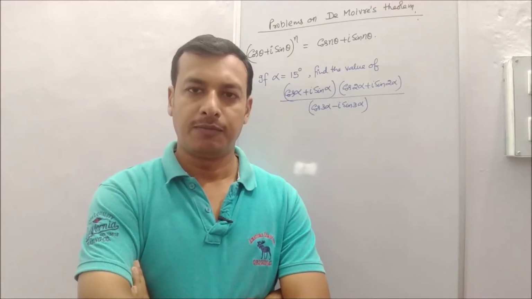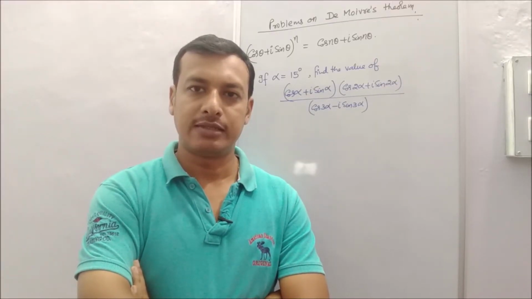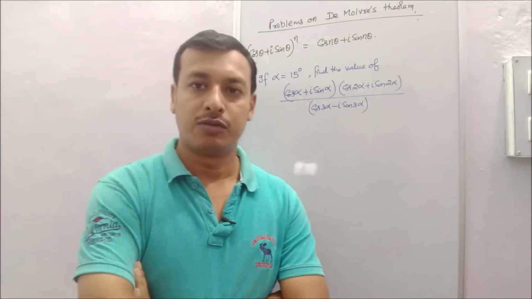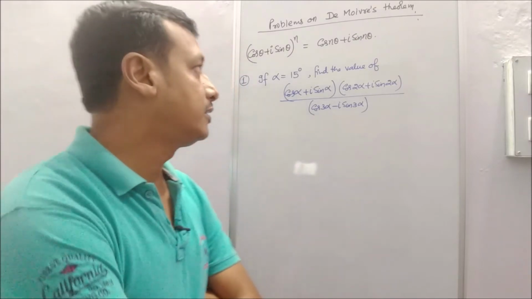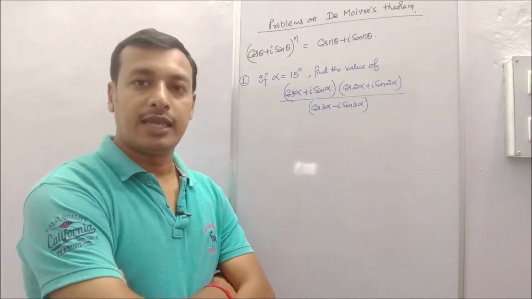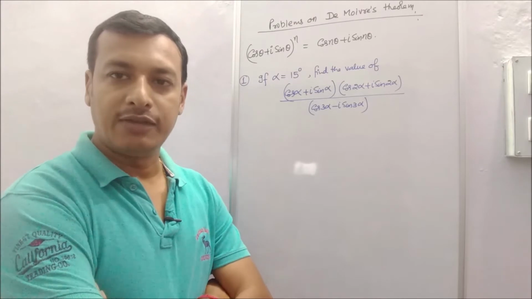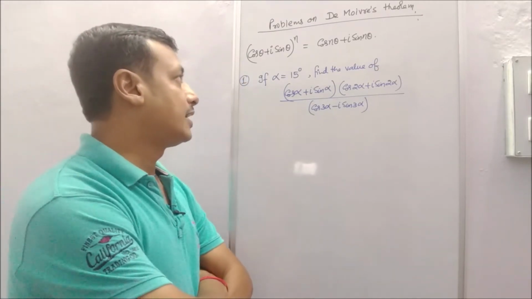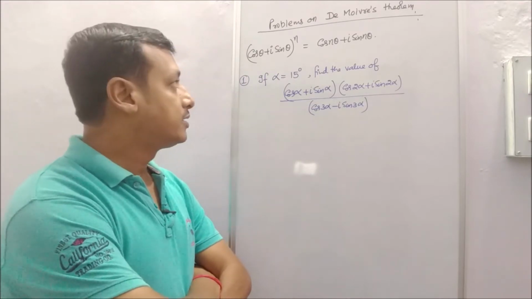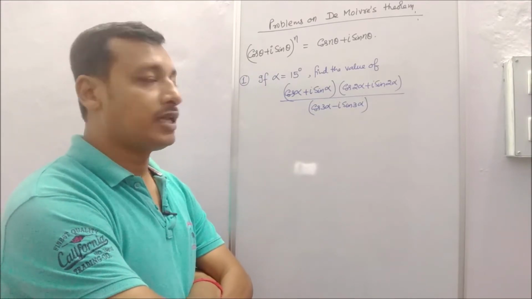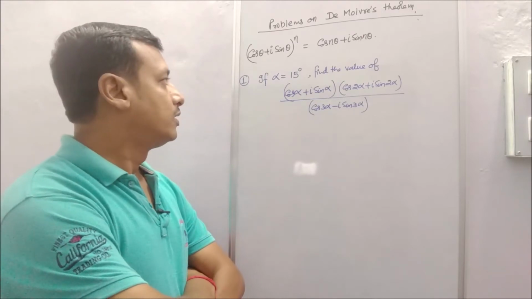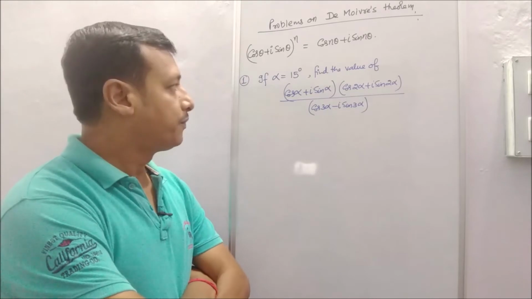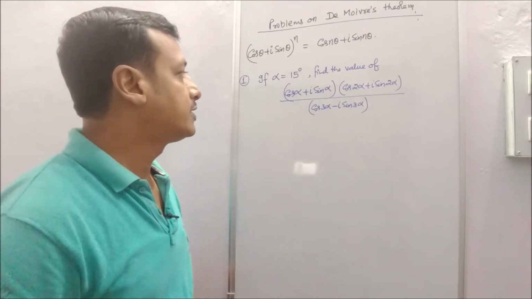So today's video we are going to discuss some of the problems of de Moivre's theorem. In the last class we have discussed that if n is any positive or negative integer or fraction, then (cos theta plus I sin theta) to the power n is equal to cos n theta plus I sin n theta. The first problem is, if alpha is equal to 15 degree, find the value of cos alpha plus I